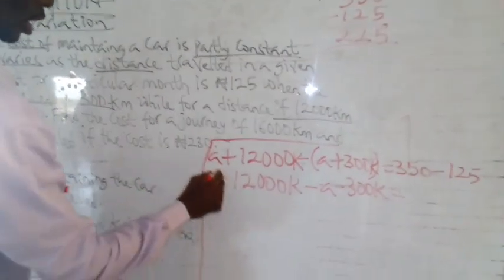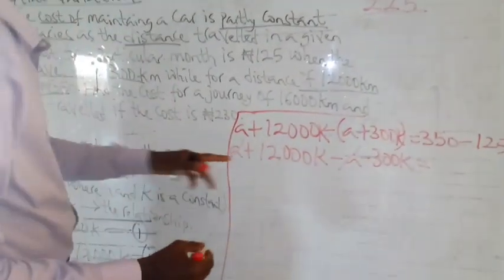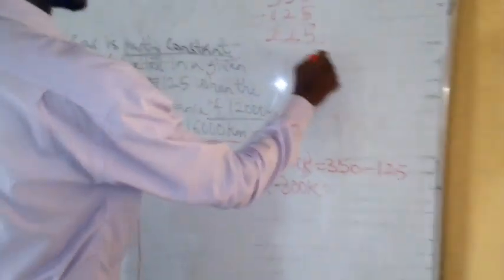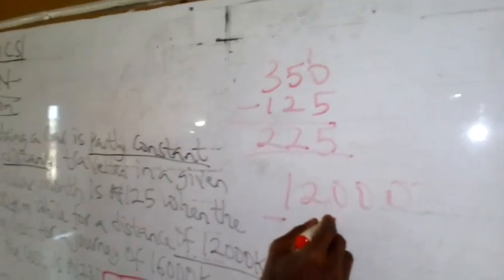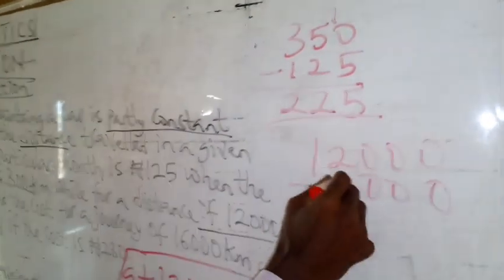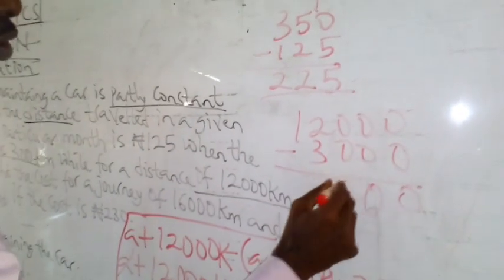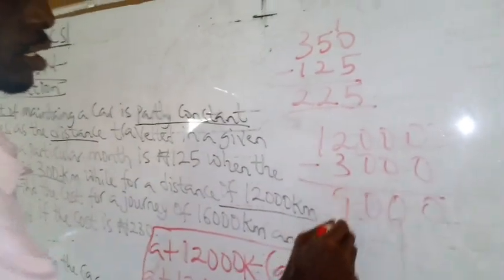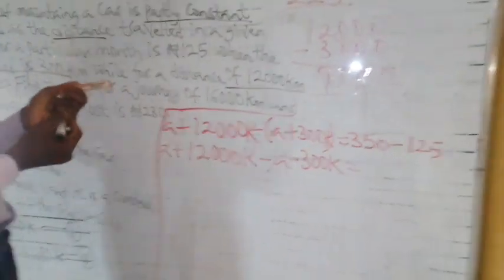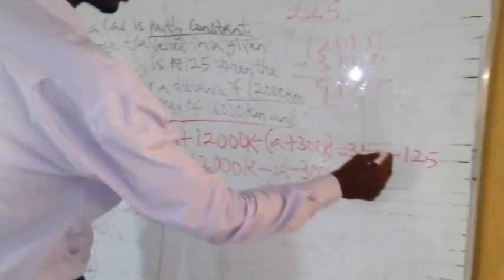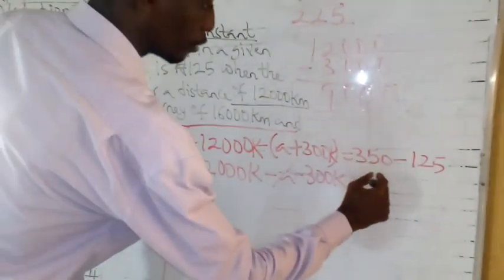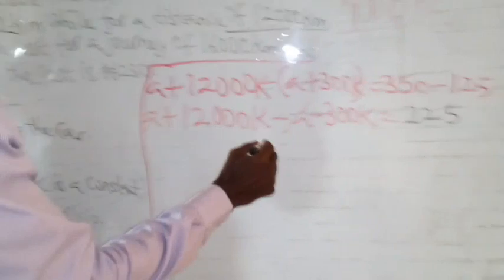225. Now A, we cancel A. Now 12,000 minus 3,000. What is it going to give us? 0 minus 0, 0, 0, 0. Then 12 minus 3, that is 9,000. I hope viewers at home, you are getting what I'm doing on the board. Now 350 minus 125 will give us 225. Now 12,000K minus 3,000K is going to give us